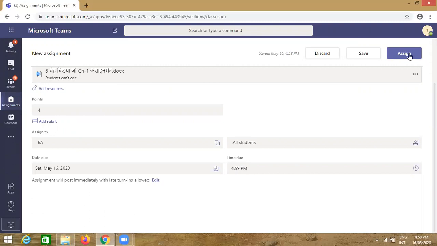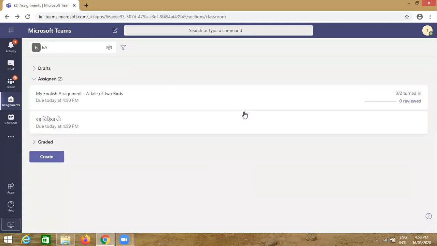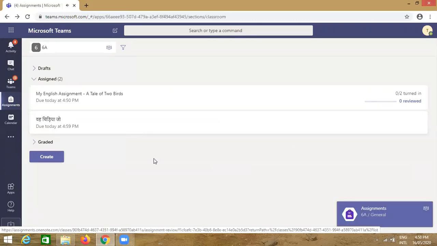Then click on assign. Now this way you have learned on how to give the assignment in the Microsoft Teams itself and how to upload your assignments.